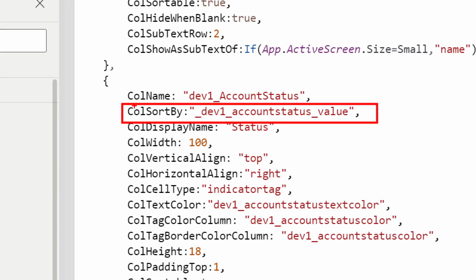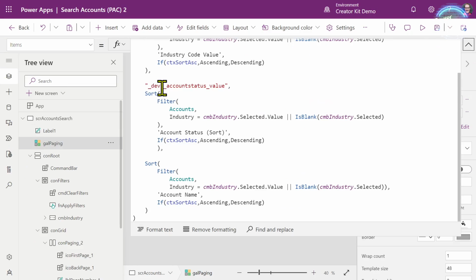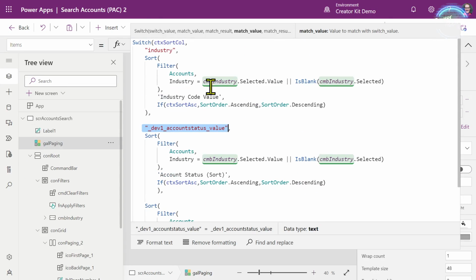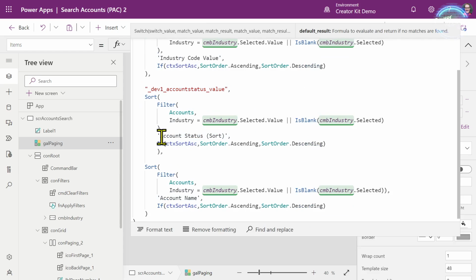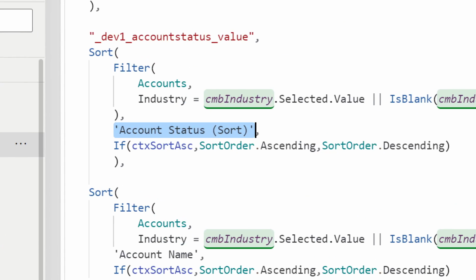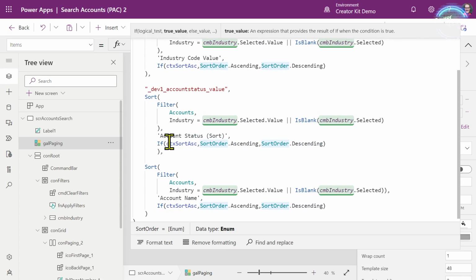And I think perhaps this is why it's currently not delegatable, because there's a subtlety in the way in which you have to sort. So what we're doing is responding to that sort column, because remember, the sort column is being given to us by the event that's coming out of the details list. In the same way, I've got this dummy column here called account status sort, and I've got a flow that sets this from the lookup, and it goes and grabs the lookup, and there's a column in the lookup.